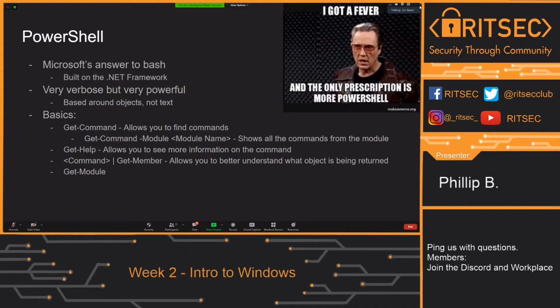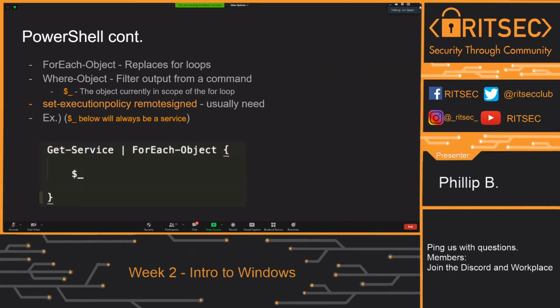The basic things: you can do Get-Command, and it will show you commands. You can use Get-Command with the -Module tag and name the module, and it will give you a lot of different information about the command. Get-Help also gives you a lot of information about the command. There are a lot of different resources, and it's very well documented all over MSDN, which is Microsoft's documentation. So there are a lot of resources on PowerShell, and it's extremely well documented nowadays. Here's a basic PowerShell command just to get everyone started with what it would look like. ForEach-Object replaces what a for loop would be in PowerShell.